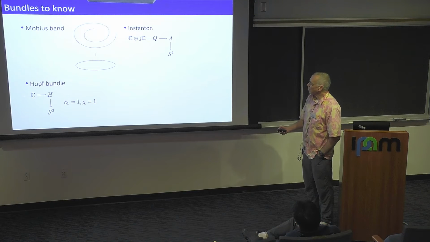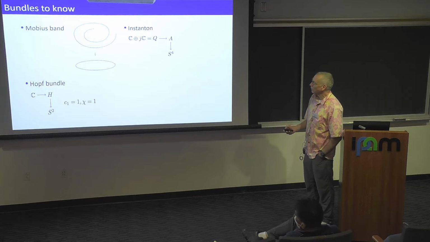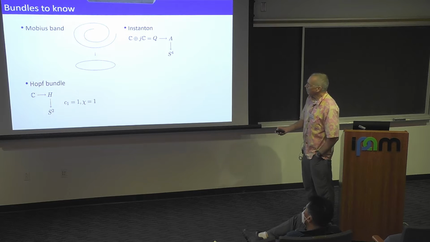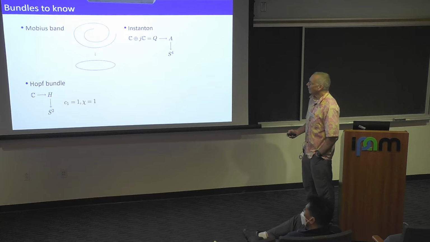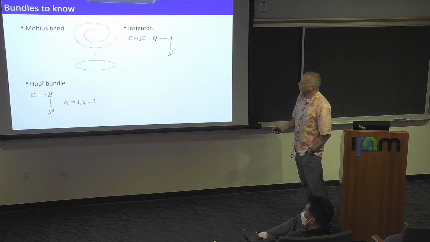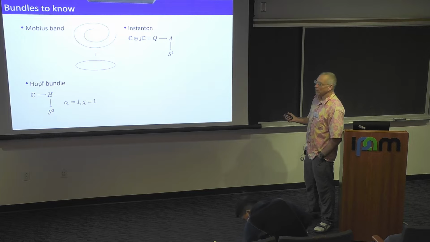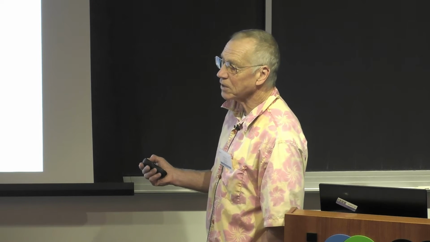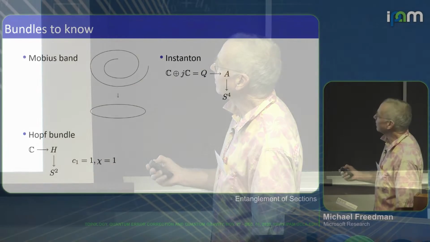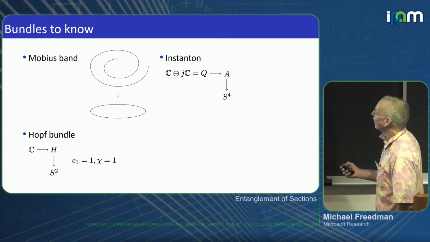So all these bundles, I'm writing them as fibers with vector spaces, but often I'll think about the sphere bundle as well, the unit vectors in there. And this bundle is characterized by a Chern class 1, and if you think of it as a real bundle, a real two-plane bundle, forgetting the complex structure, it has Euler class 1. And this Hopf bundle I want to use today as a warm-up for the bundle that I'll be spending my time with, which in physics is called an instanton, an SU2 instanton. I don't think it has a name in math.